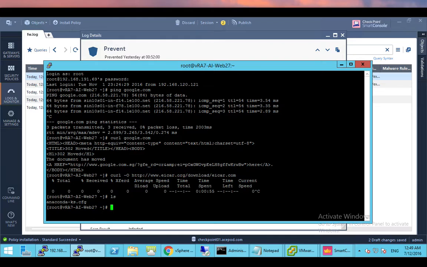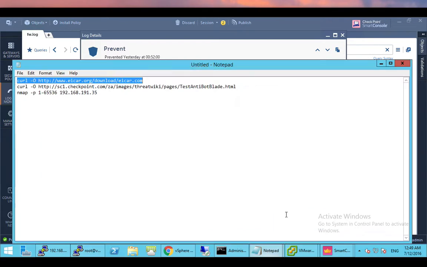The next test I'm going to show is on the anti-bot. The scenario is that if a malware has really been downloaded, this malware can connect to a bot site remotely, and an attacker can use the bot to do command and control of the VM itself. So what Checkpoint did is they have this test website to do